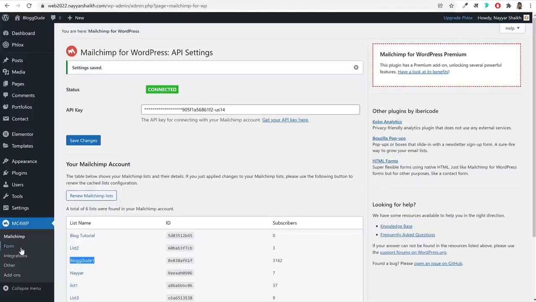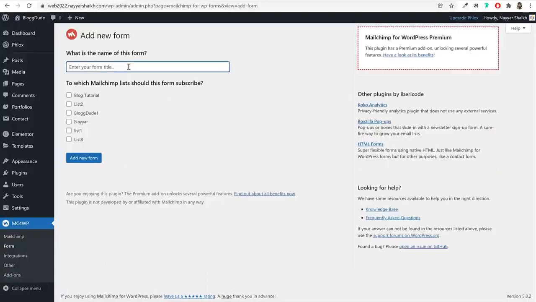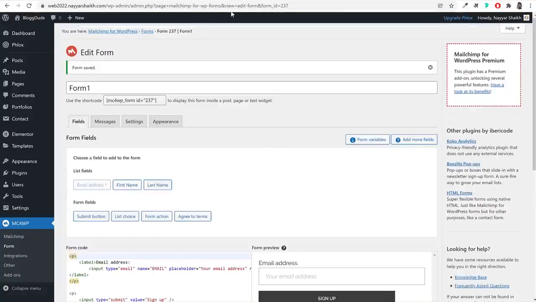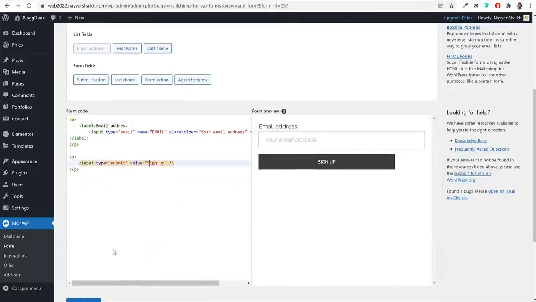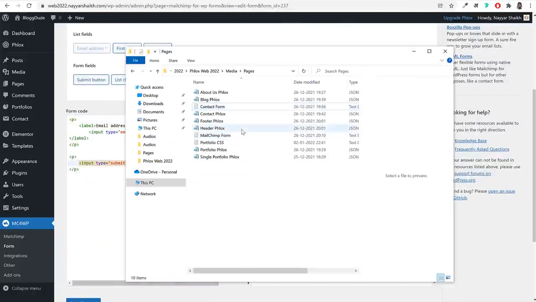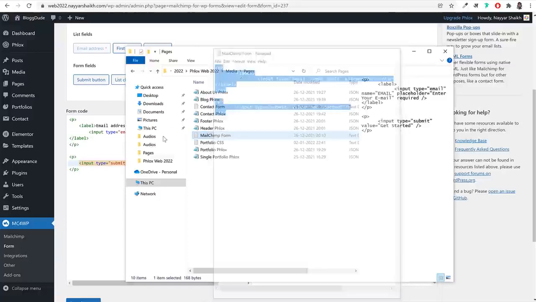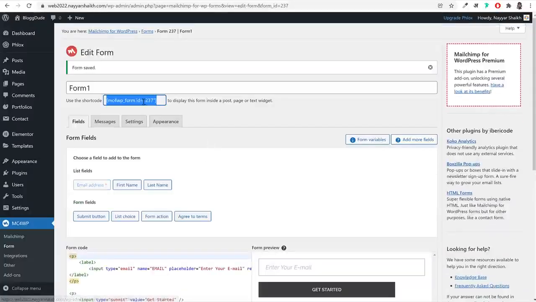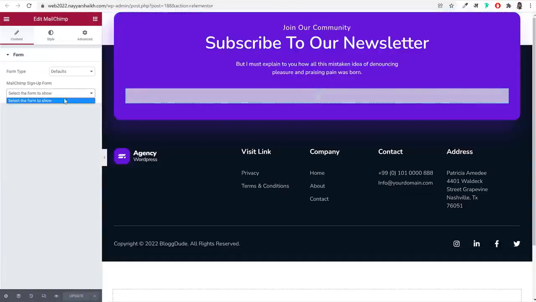Now we need to create a new form. So under MC for WP, click on form and let's give it a title of form 1. And maybe I want to select this list for that. Again, if you don't understand what this list is, or how this form is created, make sure to watch this MailChimp video. Now for this form, you have to open this file, MailChimp form. Open this file, copy everything, come over here, paste it like this. Now click on save. Now once you do that, you can copy the MailChimp shortcode, come back to your footer,